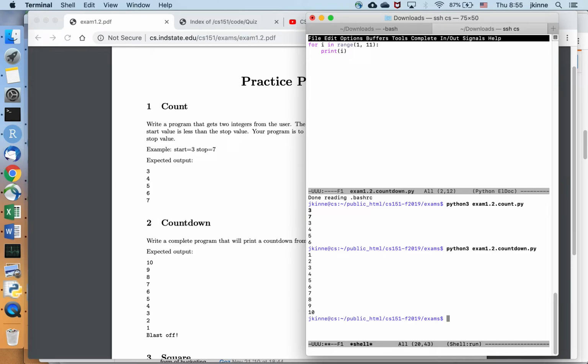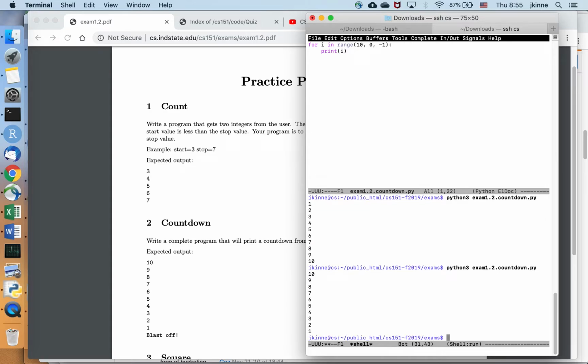All right, that goes 1 up to 10. So if we want to go the other way, we can look up help online, or we remember that we can give a third option here, and it says how much the i will change by each time. So if we say 10, 0, then it's going to start at 10. It's going to keep going until it gets to 0, and it's going to go down by 1. So let's see if that works. It does, and then after the loop,